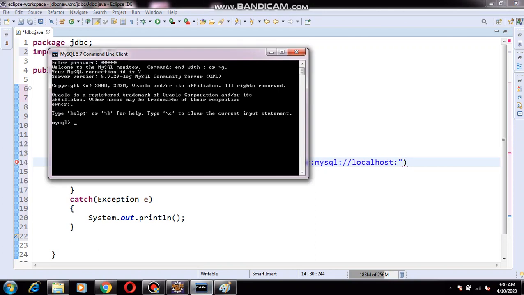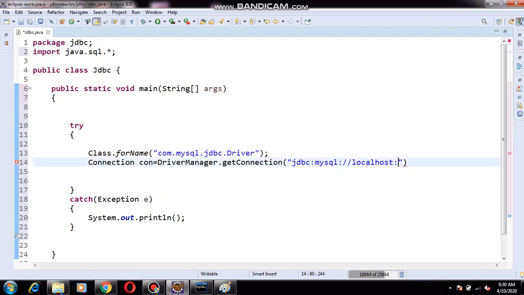Go to the MySQL window and type show variables where variable_name equals port. What is the port number of MySQL? 3306. So we have to mention that 3306 here.